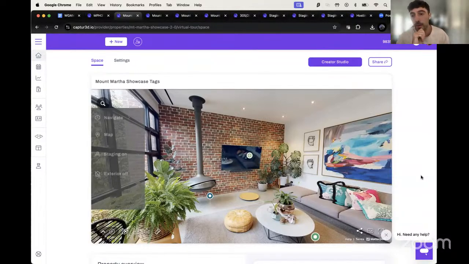And so what we've been working on recently is being able to integrate very, very high quality rendered furniture into virtual tours that don't affect tour performance whatsoever and provide really hyper realistic furniture into the Matterport tours. This new premium option is service based, so it's not something that you can do within the Creator Studio itself. It's an order that you need to place through Captured, and we can deliver that back to you, usually in around 24 to 48 hours.